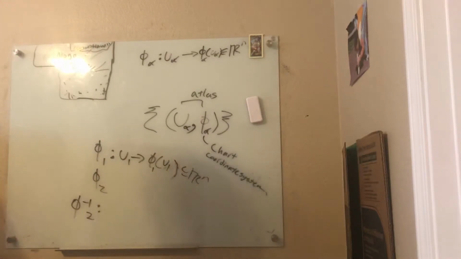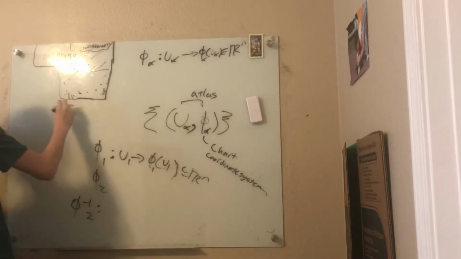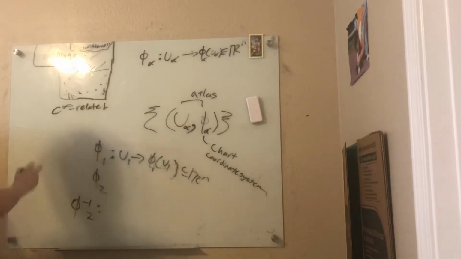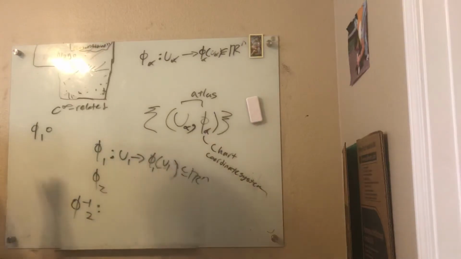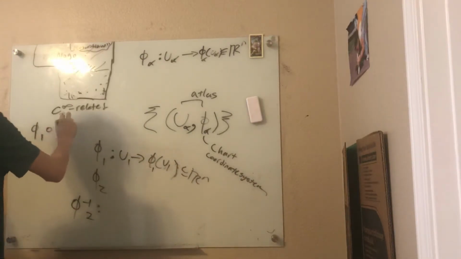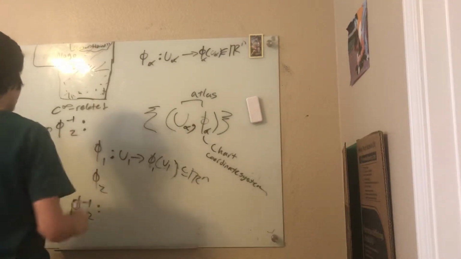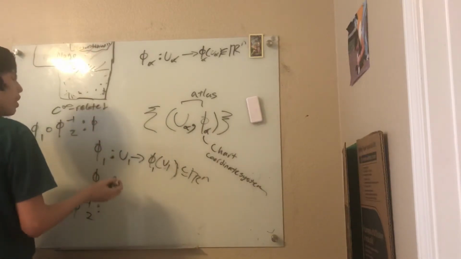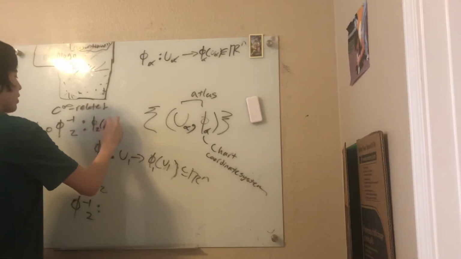So, now we're going to define something called smoothly related. These charts are smoothly related, right? If we take the composite of the first chart and the inverse of the second chart, which will map us, U2 intersection